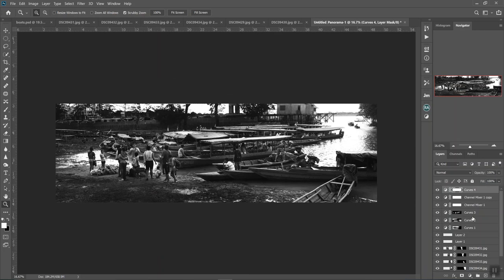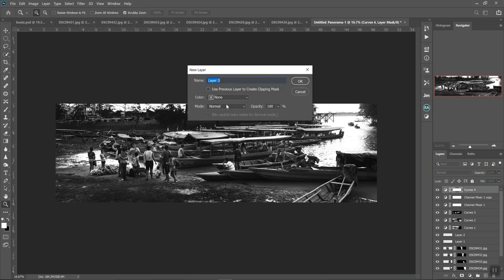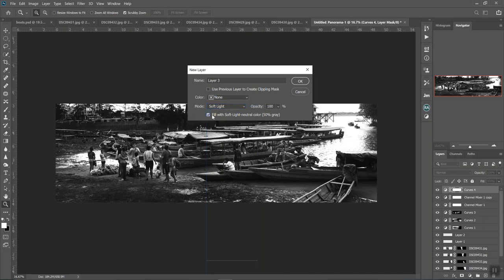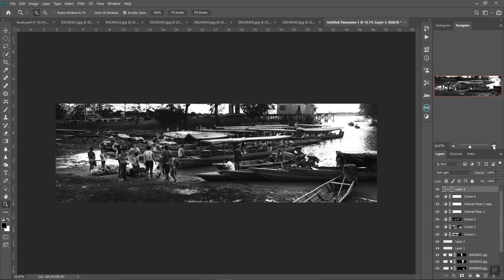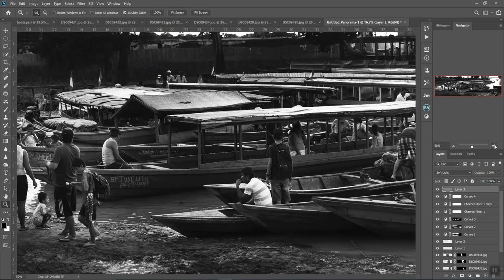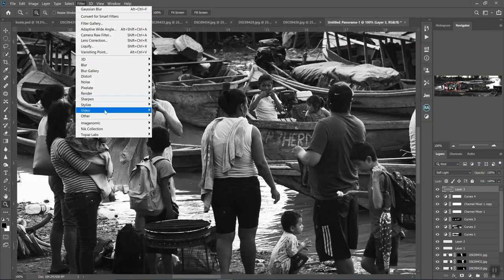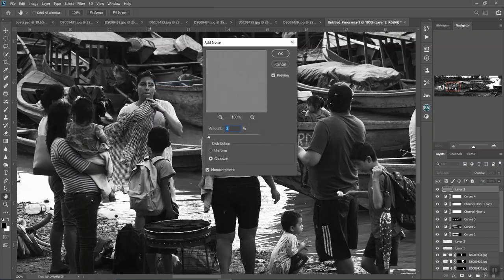After this, you can actually add some noise if you like to. So you just go like the Shift Control N, Shift Command N on Mac, and we just go by soft light and fill with soft light neutral, and voila. Now over here we just need to go by noise. We wanna add some noise on here, so I just go by noise, add noise, maybe 3%,